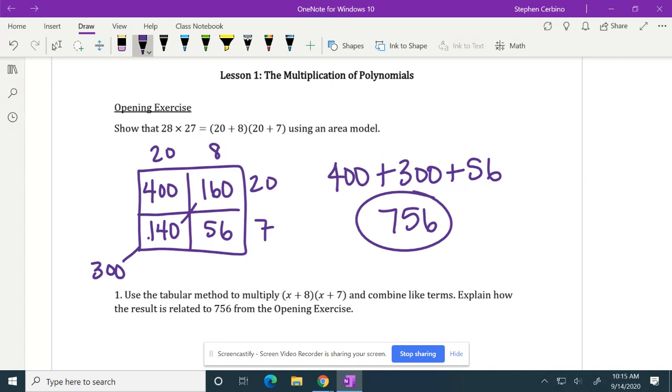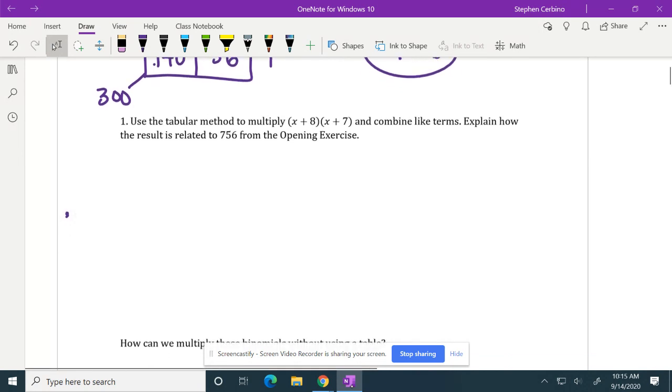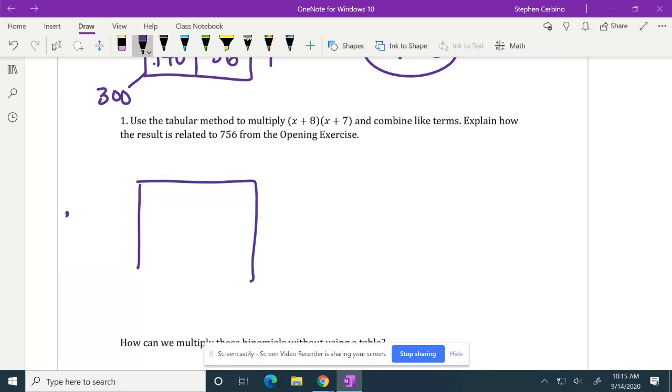Now, why is all this useful in algebra? Because this is not algebra, this is multiplying numbers, which you learned in elementary school. We can now apply this same skill to an algebra problem. Say instead of the number 20, I replace it with a number x. Here it says use the tabular method to multiply x plus 8 and x plus 7 and combine like terms. If I take that same method, but instead of putting 20 in, I put x where the 20s were, and I keep the 7 and the 8 in the same spot,